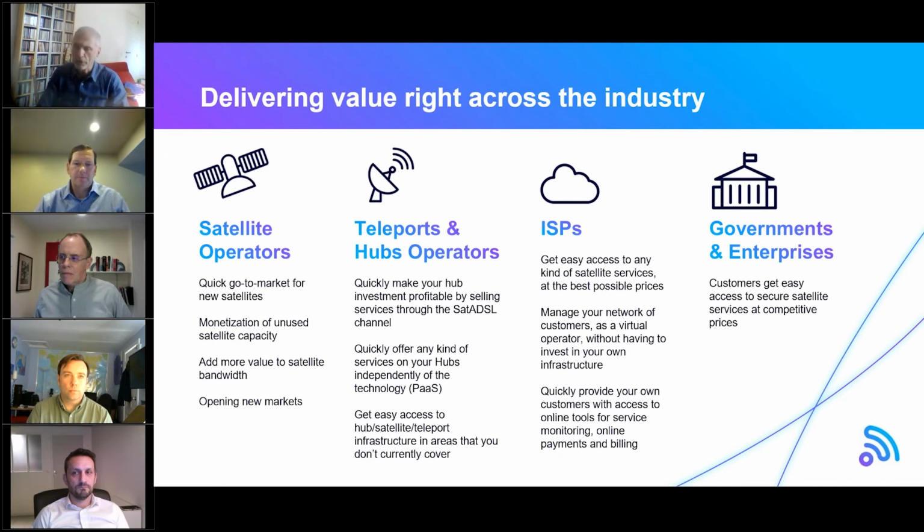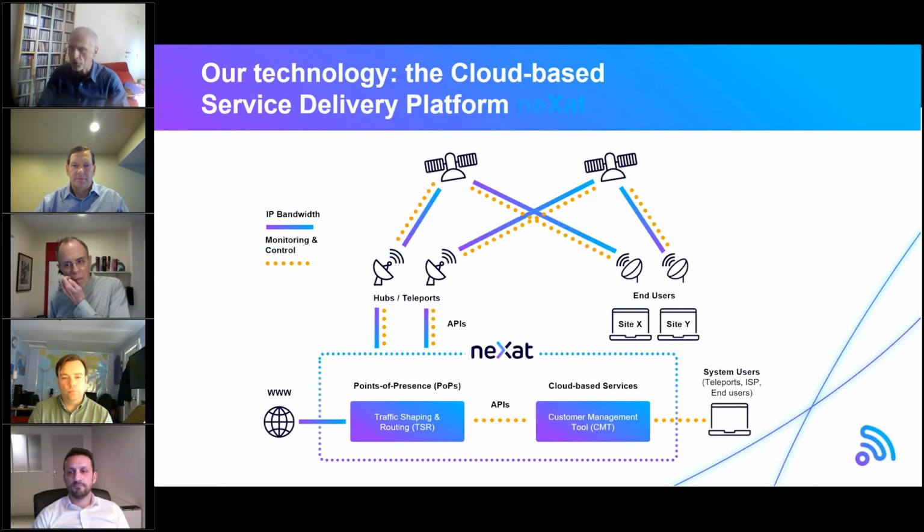So maybe we can give a look to the platform in the next slide, which is showing where the platform sits, so that people can visualize. You have on the right side the end users, VSAT users on the field. They communicate through a satellite link with the hub, and then at the hub normally you go into the internet. We ask teleport and hub operators to send the traffic into our platform, the neXat platform, so all the IP traffic of the customers, and it's in our platform that we define and enforce service packages, so that we can, let's say, extract the service enforcement activity from the hub,